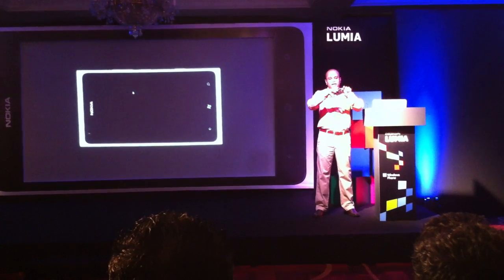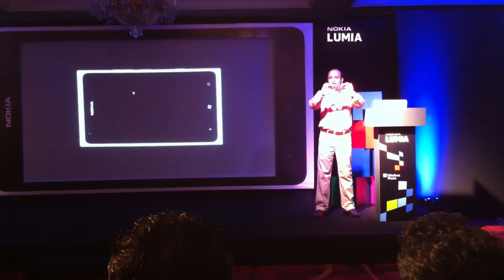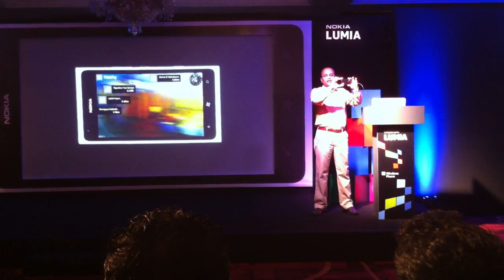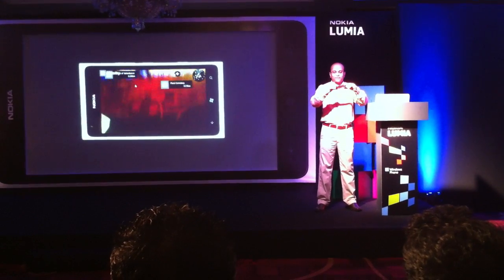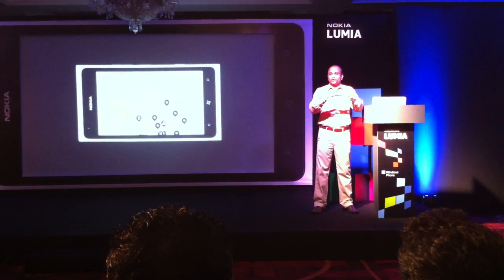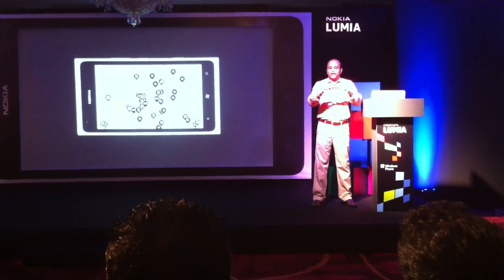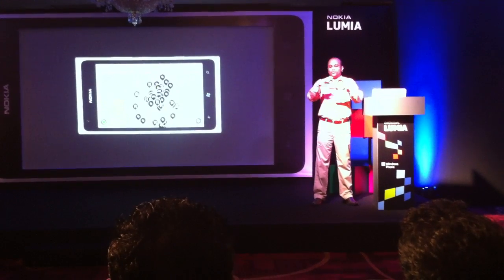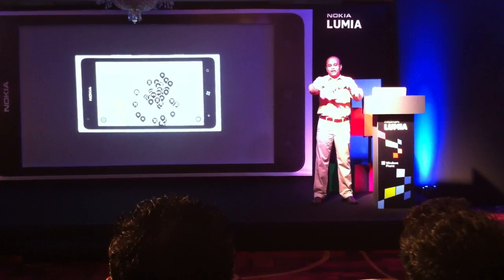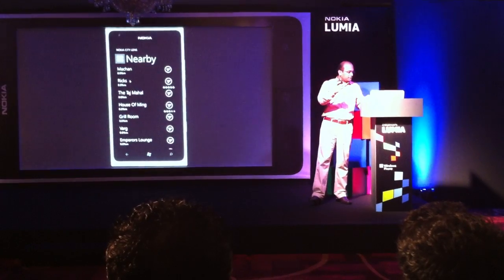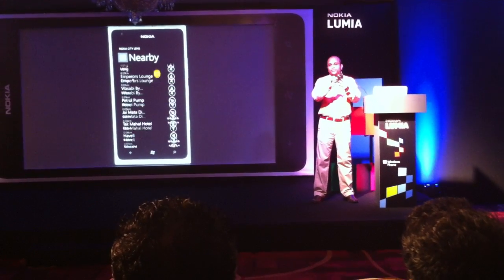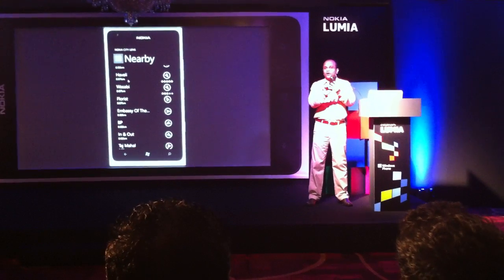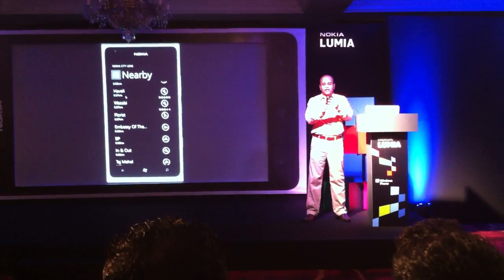So if you go back to this nearby, so as you can see, I'm holding this phone in the landscape mode, as we say, the sleeping mode, and it's going to do this augmented reality view. Now if I tilt the phone 45 degrees or more, it's actually going to show me the same places of interest overlaid on the map. So you know exactly which road this is on. So you can see the map coming up, and then you can zoom in, zoom out, see exactly where they are. And if I hold it up straight now, this way, then it's going to show me a list view. So all of this, if you notice, is without even typing a single letter. It's all based on how you're holding the device, right? And